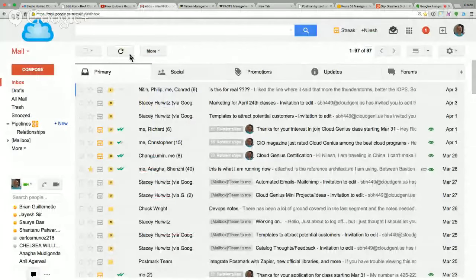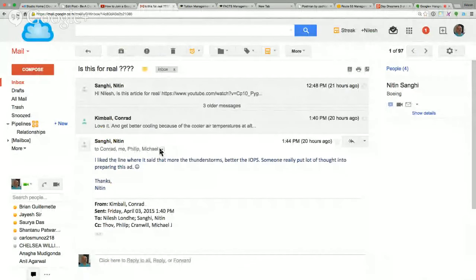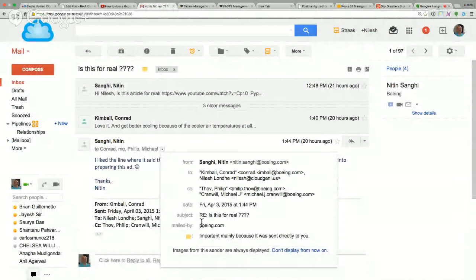And you see that here, when you receive an email, you see that this guy from Boeing company is mailed by Boeing.com, right? It doesn't show signed by. You know why? Because they use Office 365, and Office 365 doesn't support signed by yet. So we see only this part. And you implement this part, the SPF record, Sender Policy Framework record, which eventually is responsible for showing the mailed by